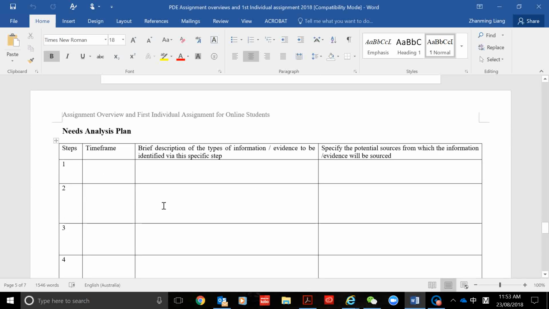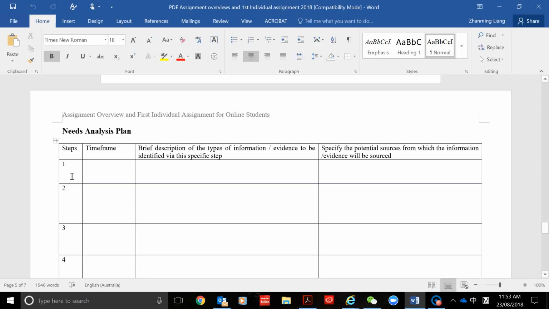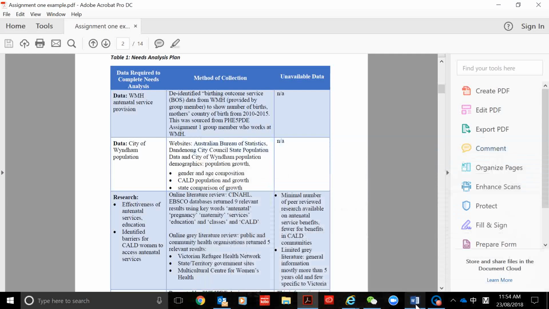The table here was the past requirement. So according to the table here, you need to give a number of steps and a time frame, that means between when and when you actually accessed this information, and then you explain the types of information. Okay, so that's where